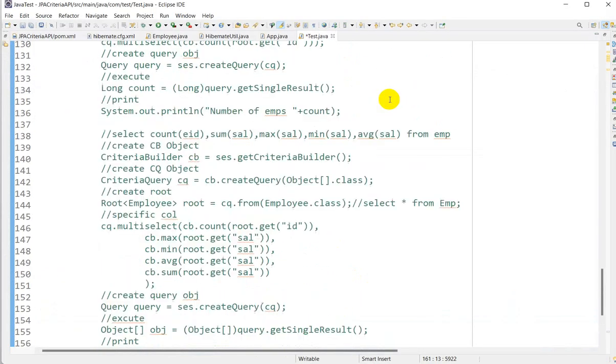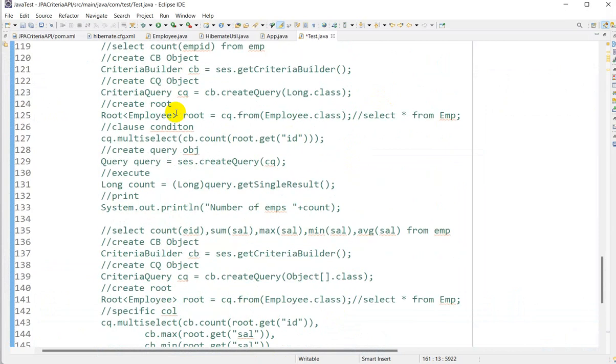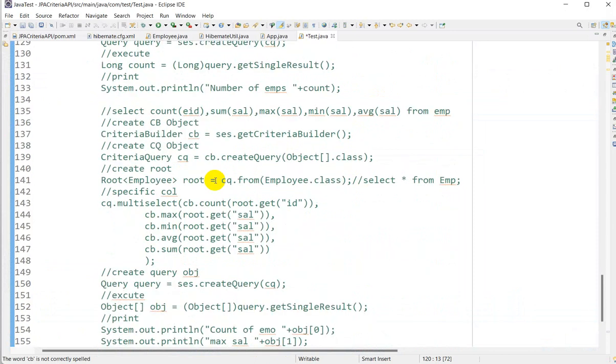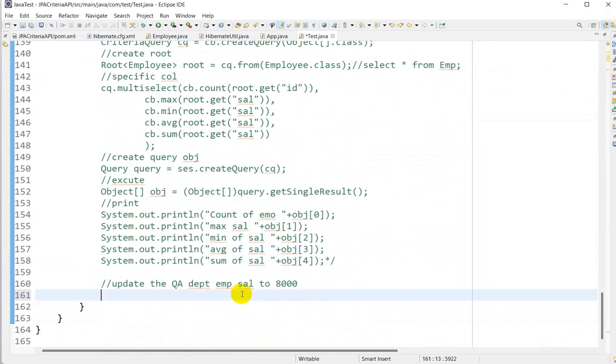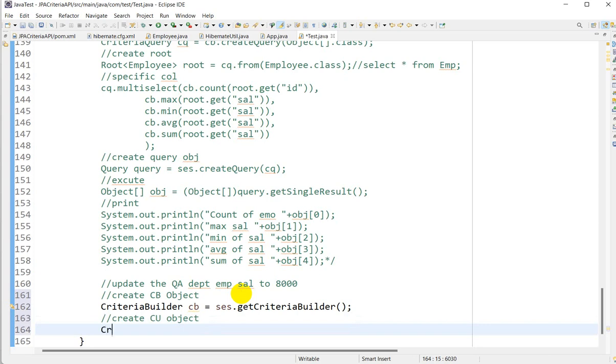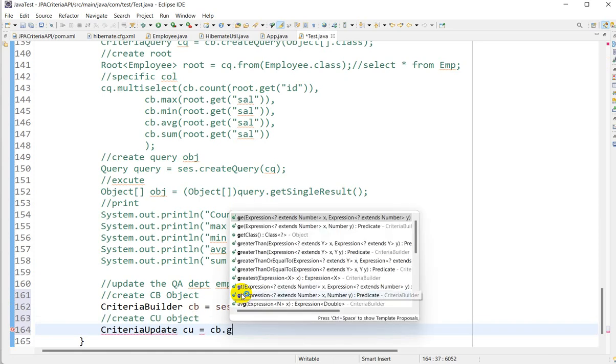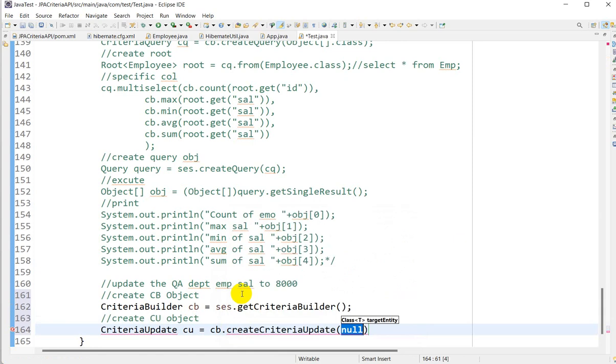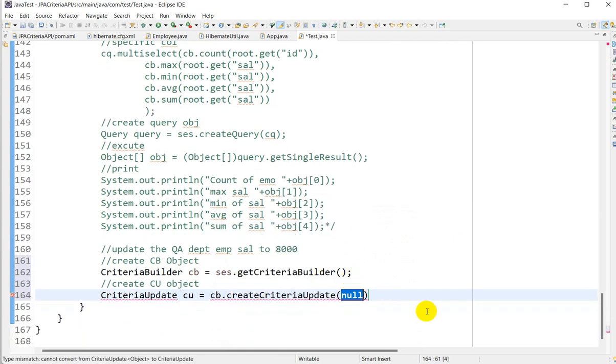First thing is common in all, as we have discussed, that is criteria builder object. So create a criteria builder. Next we use create criteria update object. CriteriaUpdate cu equals criteriaBuilder.createCriteriaUpdate